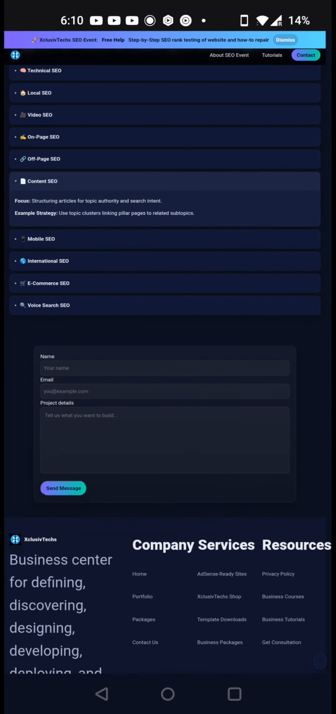Okay, now you have content SEO. Content SEO is structuring articles for topic authority and search intent. Use topic clusters, linking pillar pages to related subtopics. So for instance, if you sell clothing like jackets, hoodies, or dresses, let's say for instance we'll look at